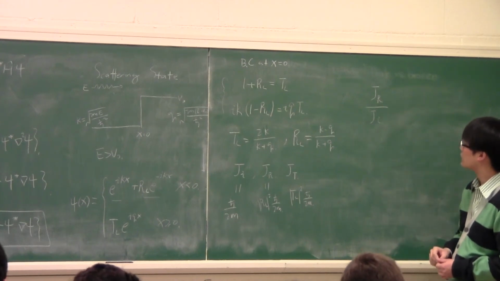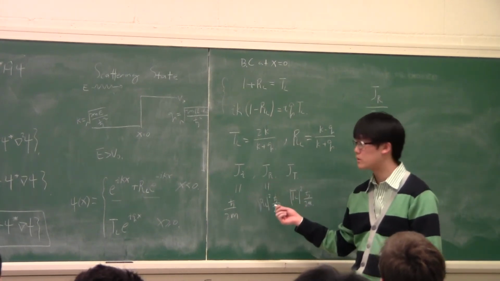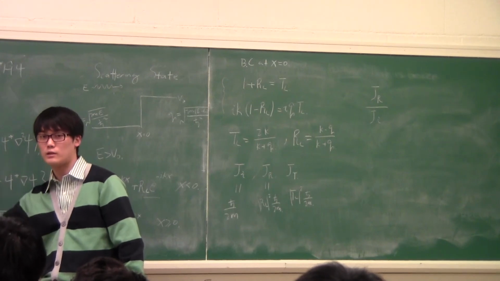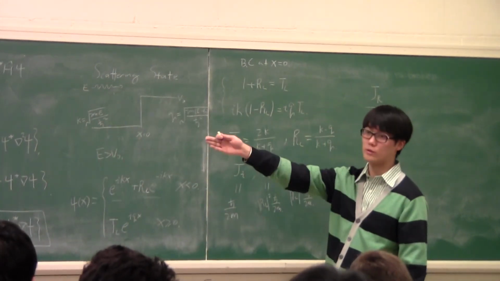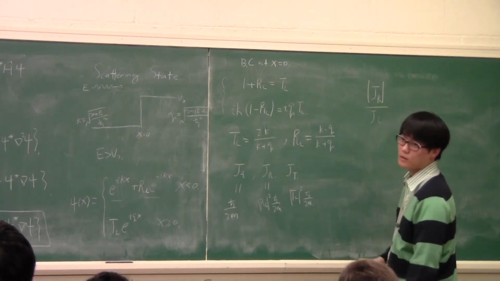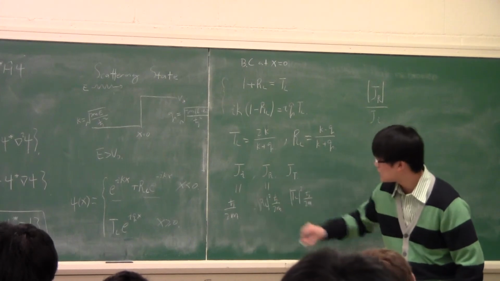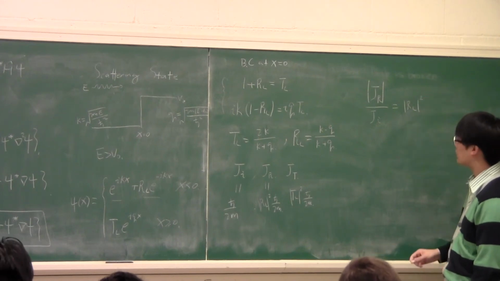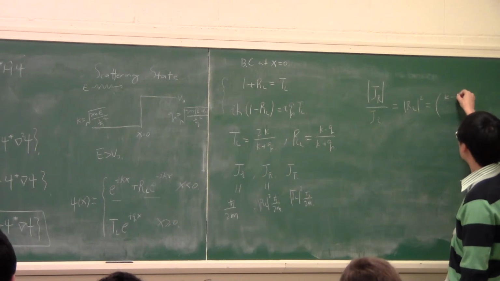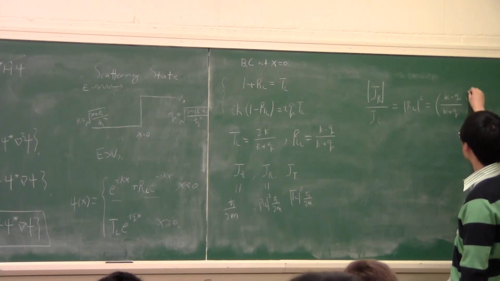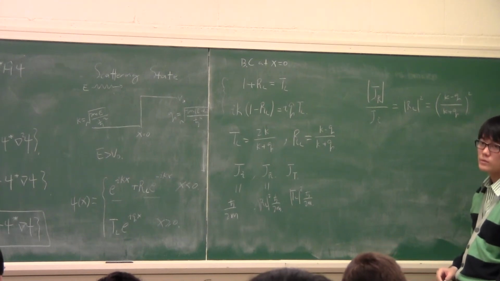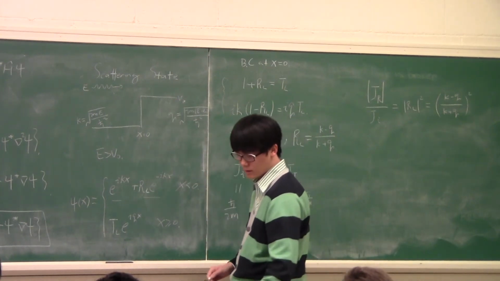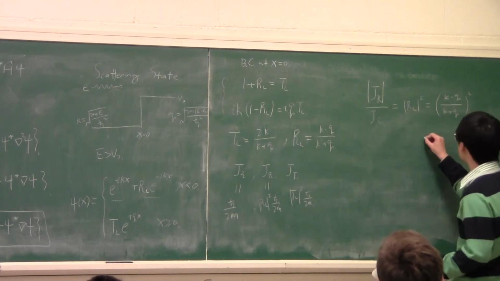that was reflected. Because this reflected current, remember, is a vector, in one dimension it's going to have either sign, and of course the reflected current will go that way. So rigorously we should take the magnitude here, but there might be a minus. Now this is simply given by R_L squared, which explicitly is (k minus q over k plus q) squared. And then we want to write this in terms of the energy and V naught. That turns out, after some simplification,